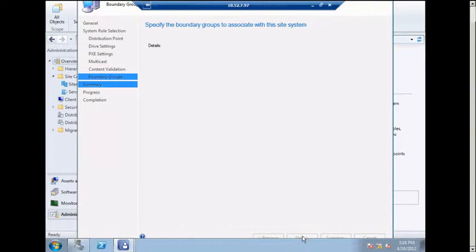So this is where I'm going to need some filler time because for some reason it takes a while to get it all figured out and tell me what it's about to do. So the validation is pretty neat. So we have content validation on distribution points. Essentially, you can schedule that or you can run it on demand, and we'll go look at the distribution point and see what is the content that's supposed to be there. Is it all there? Are there any missing files? Is stuff corrupted? So we'll go through and we'll validate that. And you can schedule that to happen